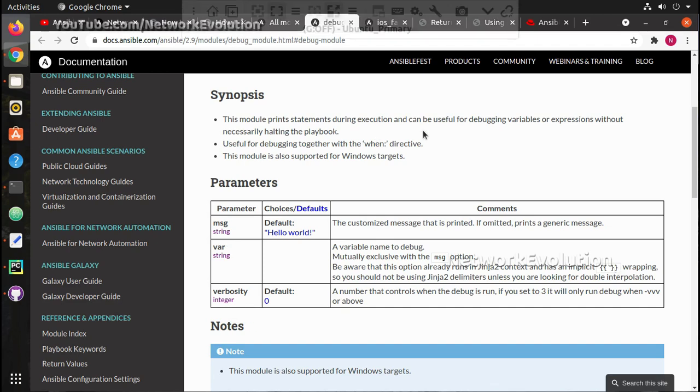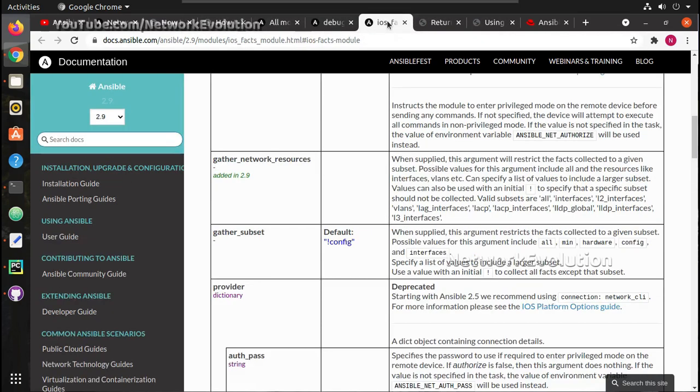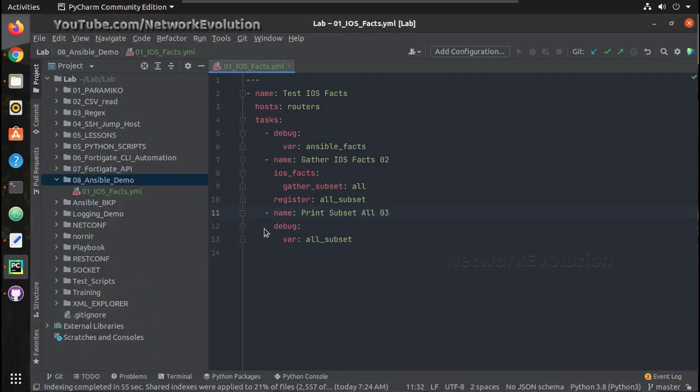Now we'll see some more subset options. So we were giving all. Now we'll see how to get hardware or interface subset. So what we can do, I'll copy this completely, and you need to make sure the syntax is correct.